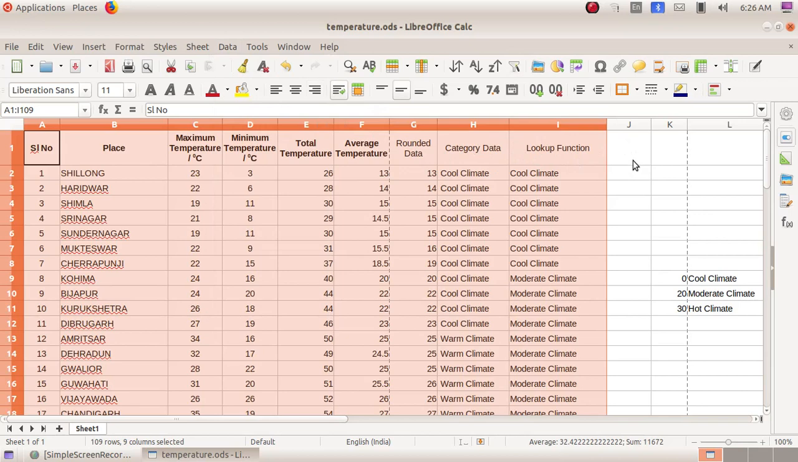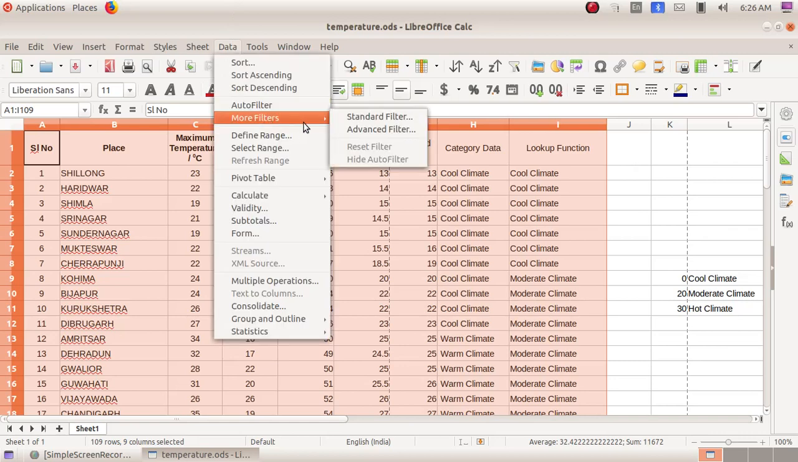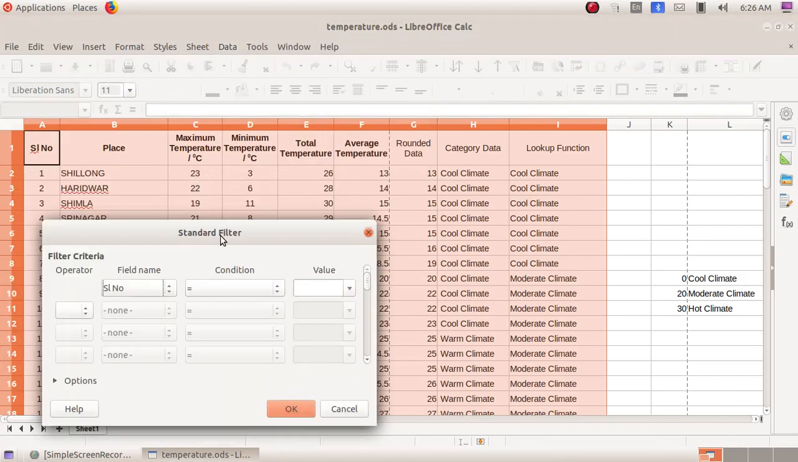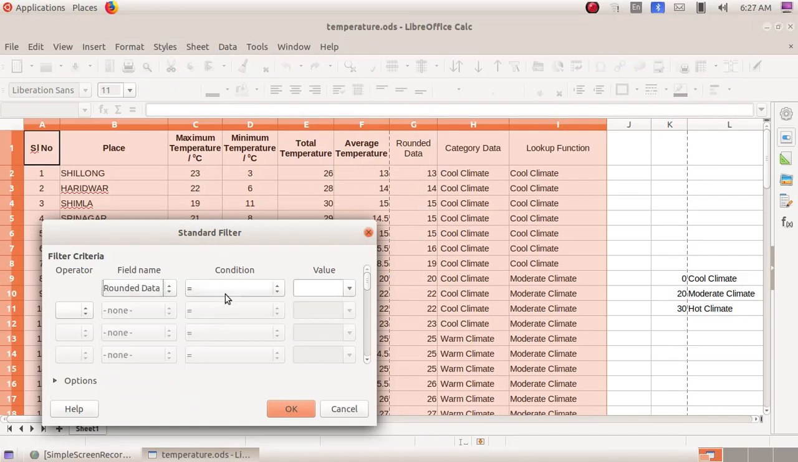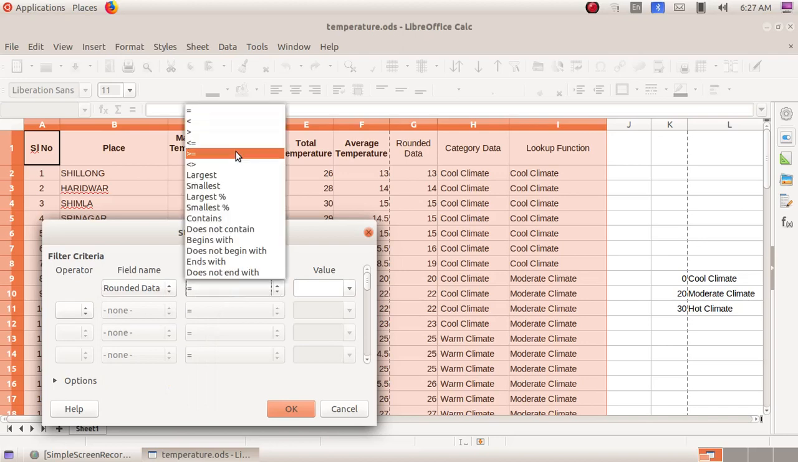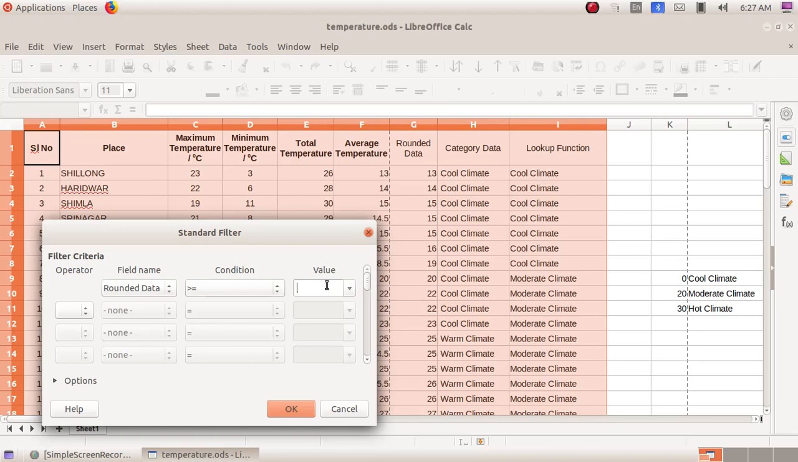Now we will go to the next type of filtering, that is we are going to find out only a particular category, those places which have a temperature in between 20 degrees centigrade and 25 degrees centigrade. Again select the entire data, then click on data menu, more filter and there we have to choose the option standard filter. Here we are going to filter the data based on column G. In the field name we have to select rounded data. Then condition. Here I have to give greater than or equal to. Then in the value I am going to give 20